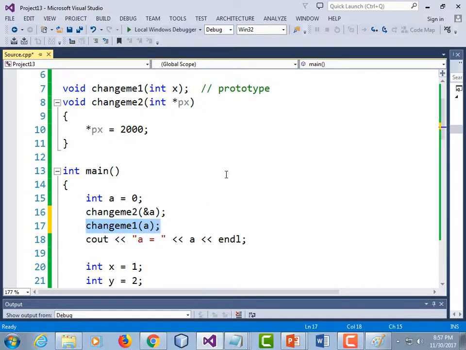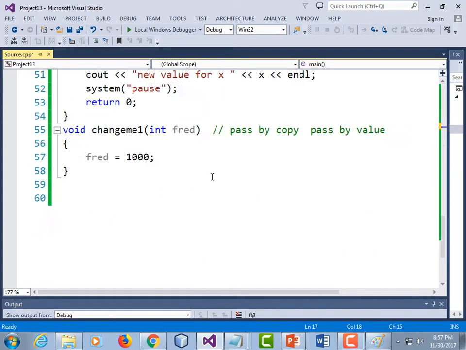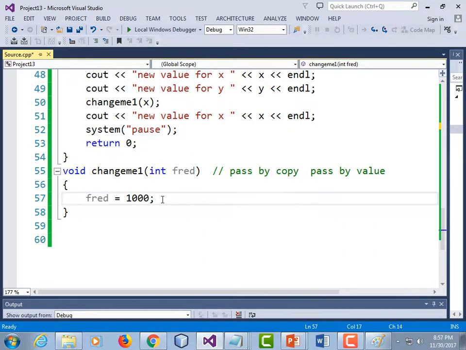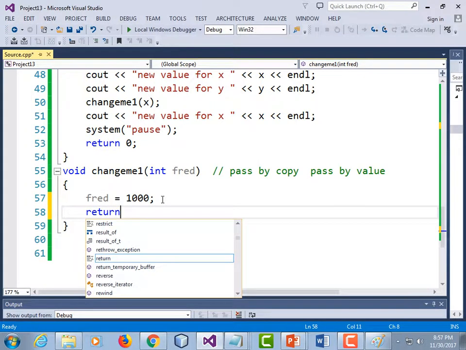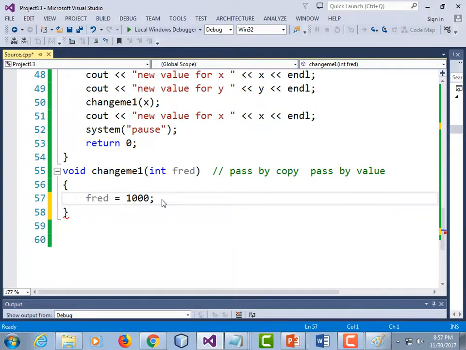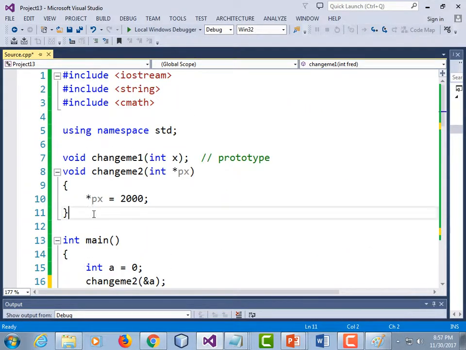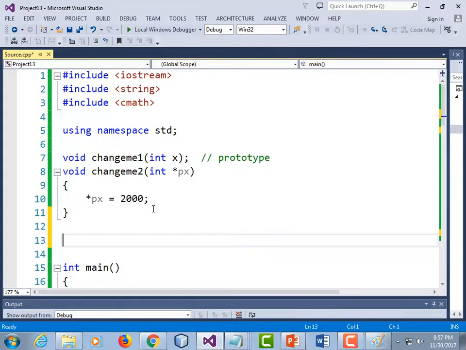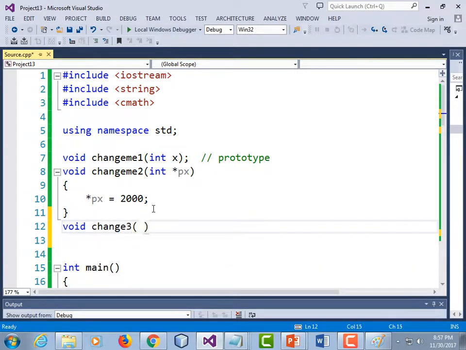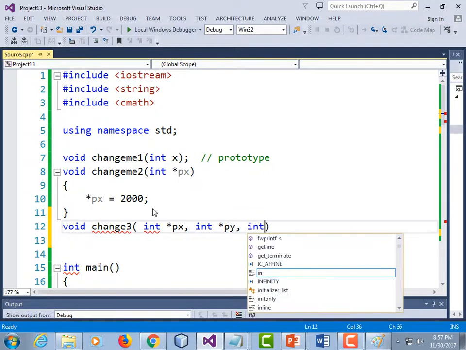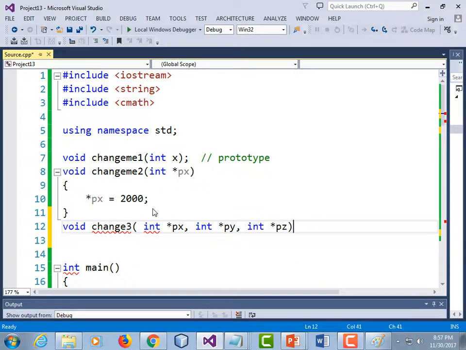And so sometimes what people will say, and it's a totally legit point, is, well, why didn't you just return 1,000 here? Yeah, you can do that, but we already know how to return values. What if we needed to change 3 different values? So we're going to write a change me that changes 3 different variables. Void change 3, int star px, int star py, int star pz,